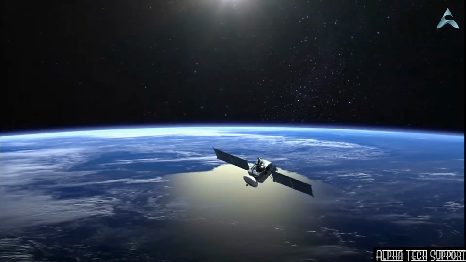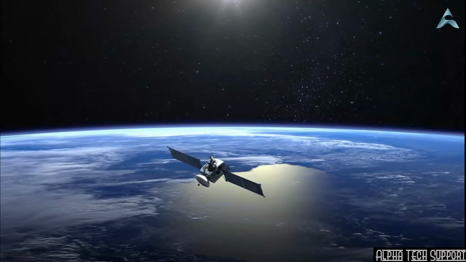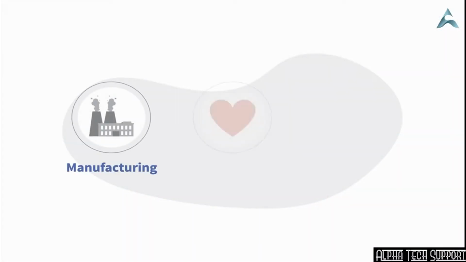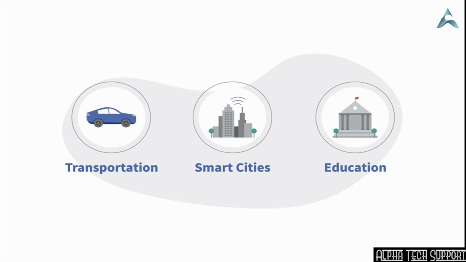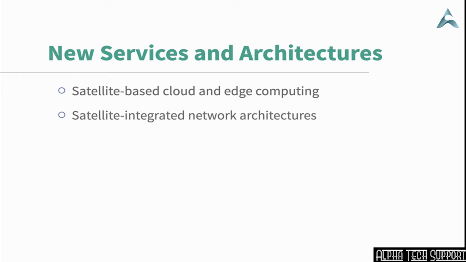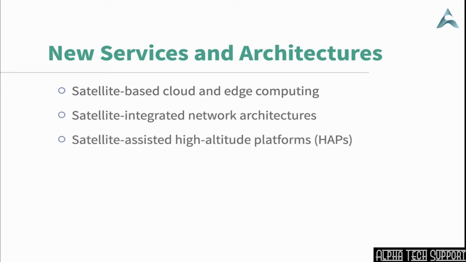Existing sectors that will be positively impacted by 5G will benefit from this extended coverage, where additional customers can be reached. These sectors include manufacturing, healthcare, agriculture, transportation, smart cities, education, gaming, and augmented reality, where the services in these sectors can be delivered to global users in high quality. Also, satellite constellations and advanced satellite systems will enable new architectures for computing and communications services. These services include, for example, satellite-based cloud or edge computing, satellite-integrated network architectures, and satellite-assisted high-altitude platforms, such as unmanned